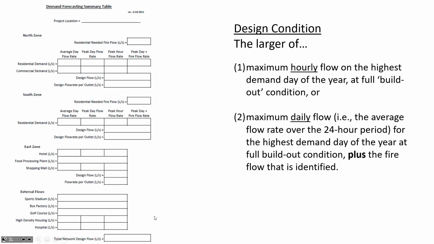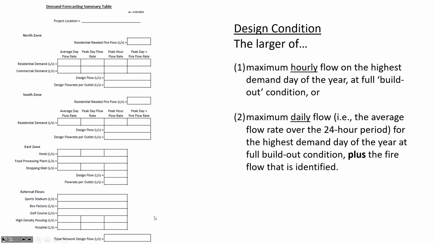And so another part of it is going to be thinking about the food processing plant. This is a place that people work, and so it's not going to be open 24/7 necessarily. I mean, maybe it is, but the conservative design estimate is that all of this water, this 5 million gallons, is used maybe during a 40-hour work week. We want to make sure that the pipe network's big enough, so in each case we should err on the side of conservatism. So we assume that the water is being used over a relatively narrower period of time.